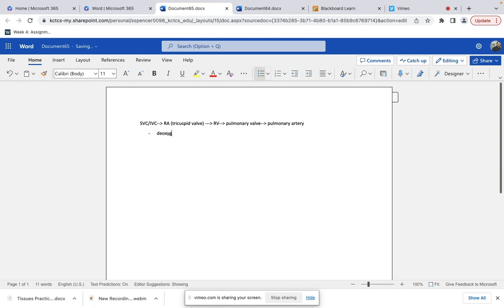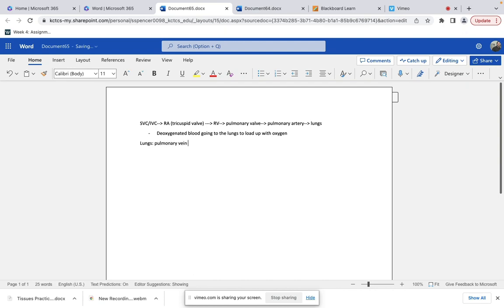Can't spell today. Deoxygenated blood. So deoxygenated blood going to the lungs to load up with oxygen. Cool. So now once we're in the lungs, the pulmonary artery takes this to the lungs, right? We are now in the lungs, right? So the pulmonary vein